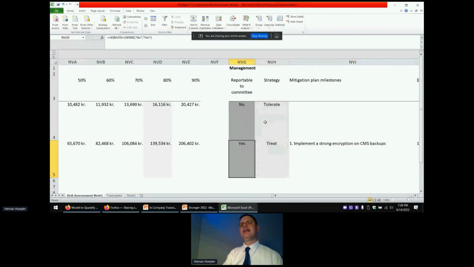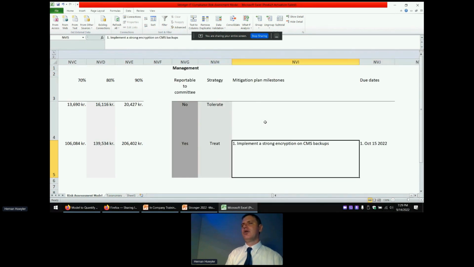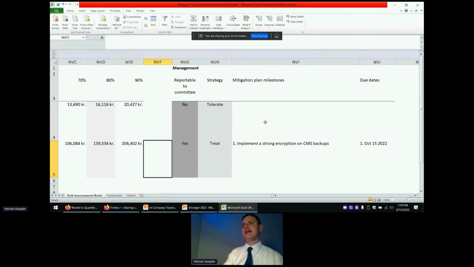And finally, you can tell, look, if I want to assess 80% of the cases, this is my exposure now. It's justified that I need to invest $140,000. And then you can say that according to your escalation, it needs to be reported to the committee, and they need to select what they are going to do in order to treat, to mitigate or to manage this risk, and finally create an action plan with milestones.